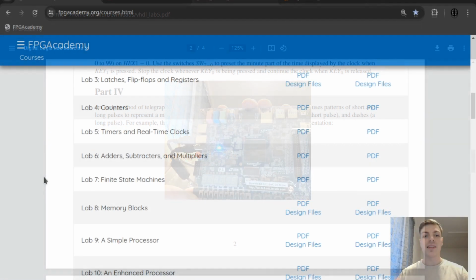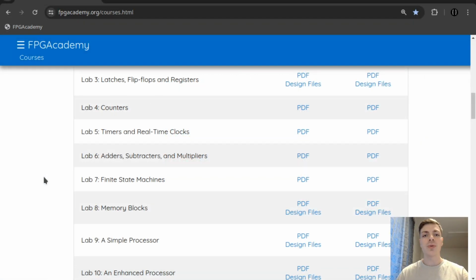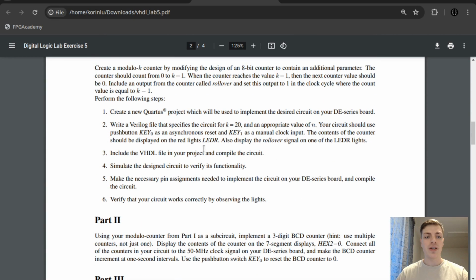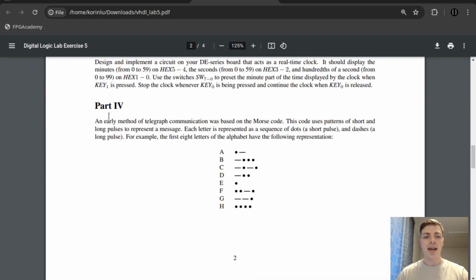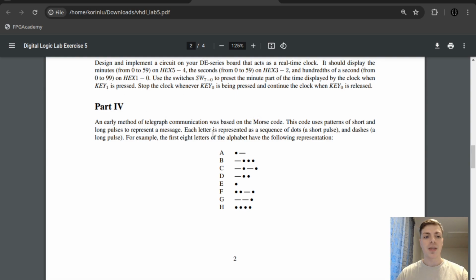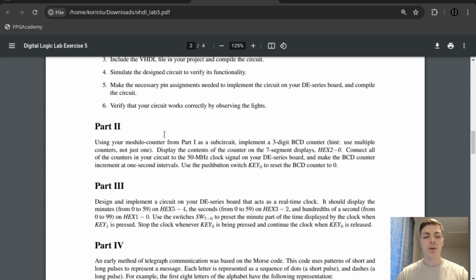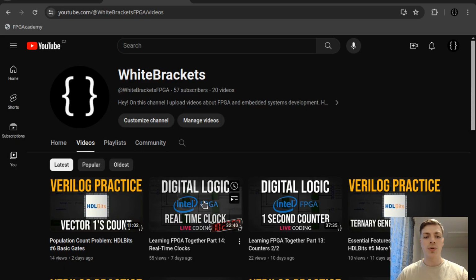Hey guys, today we will continue in our series where we go through the courses in FPGA Academy, and we will continue with Lab 5, timers and real-time clocks. Last time we finished part 1, 2 and 3, and today we'll look at part 4, and we will try to implement Morse code in VHDL. If you haven't seen the previous parts, part 1, 2 and 3, you can watch it on my YouTube channel,